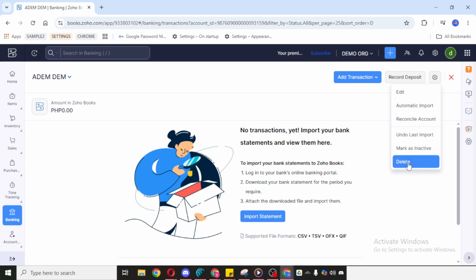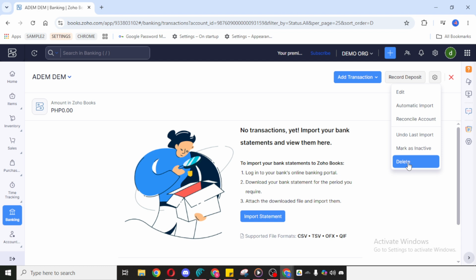One useful tip here is to double-check that you no longer need the account before deleting it. In many cases, users remove a bank account because it's no longer active, it was added by mistake, or they want to replace it with an updated connection. Taking a second to verify this can help prevent accidental changes.